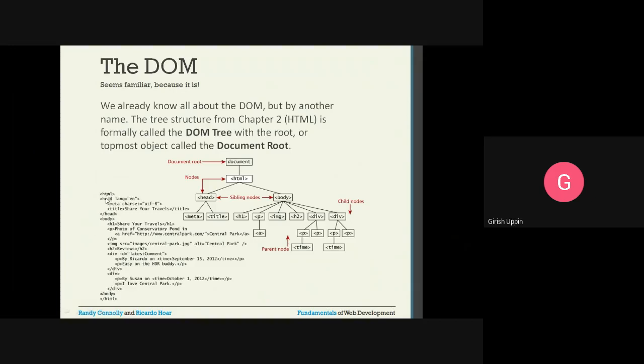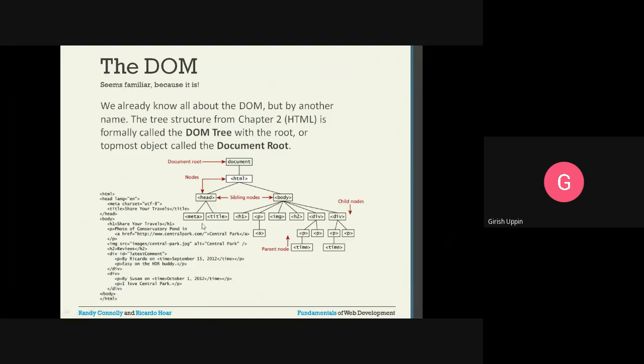Inside the HTML, we have the head section. This is the opening of the head, and the closing head. Inside the head, we have the meta element and the title element. Then inside the body, I have h1, one paragraph, an image, another h2 header, and a div. Inside the div I have two paragraphs, and another div which is a sibling, directly under the body. This also has two paragraphs, and that is how this is structured.